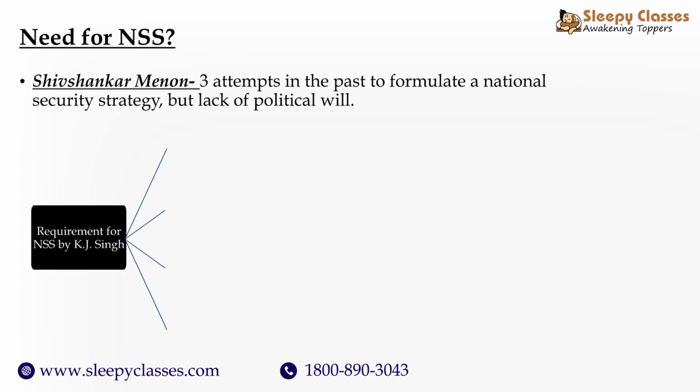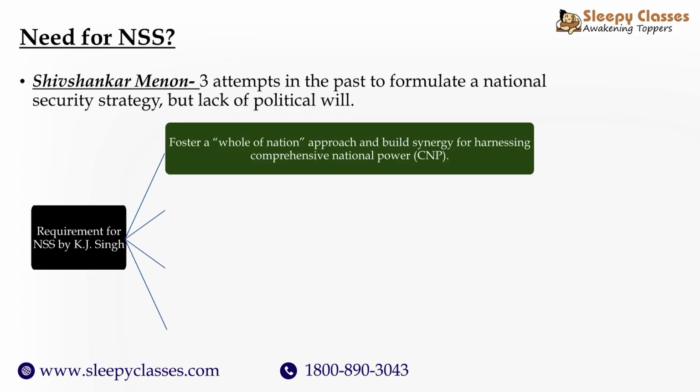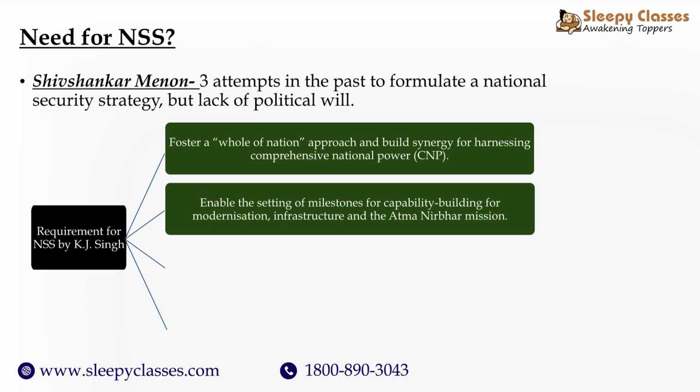Now, in the most recent article, KJ Singh says and underlines certain needs for this national security strategy. He says, first and foremost, via this policy, what can happen is it gives you a macro approach for the entire country. And because there is some sort of written regulations available, you can build on this synergy, which can end up comprehensively harnessing the entire national power, right? So this can be the economic power, this can be the technological power, this can be the military power. All of it can be used in a coordinated manner to address a challenge.